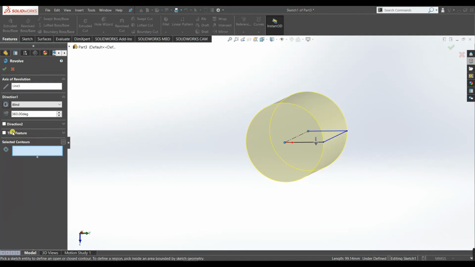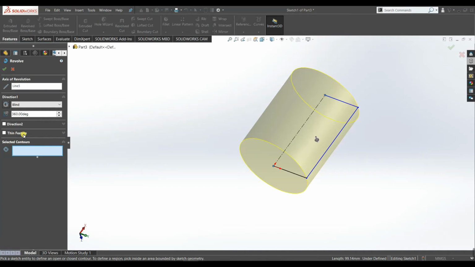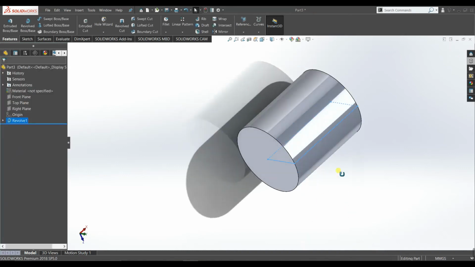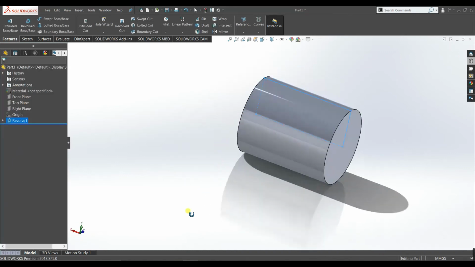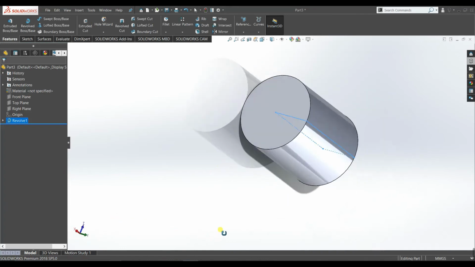Okay, there is a thin feature. Now this thin feature is for open contours, like we received the warning for open contour, but we will see this later. Now this is a selected contour command. It is asking which contour you want to select. We have only one contour, so we don't need to check this box. We will simply hide it. Okay, now select accept. Now here you can see our sketch is converted into a 3D model.